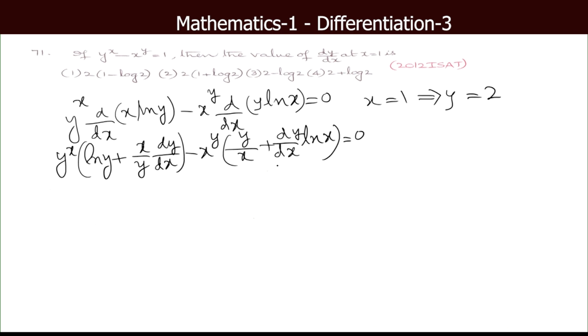When x is 1, this term goes away, since ln 1 is 0. y is 2, so this is 2 into ln 2 plus x by y, 1 by 2, into dy/dx, of course at x equal to 1, minus x power y minus 1 into y by x minus 2 equal to 0. Our 2 can be cancelled. So ln 2